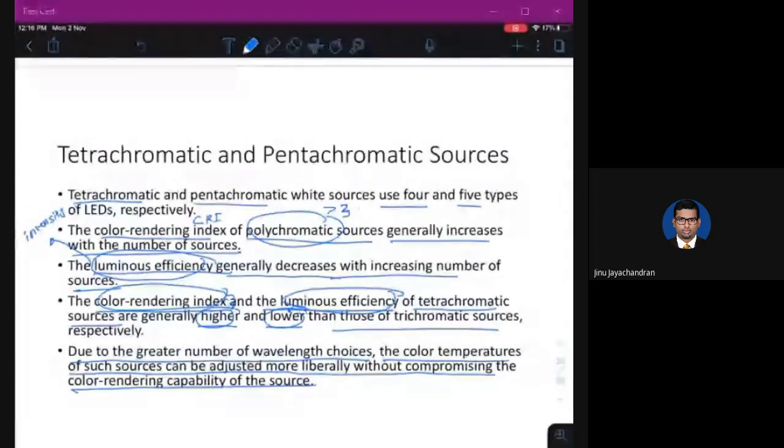Okay, so I'll call the numbers. You can tell me if you're present or not. I'll call A batch first. Aishwarya, present. Akshay.